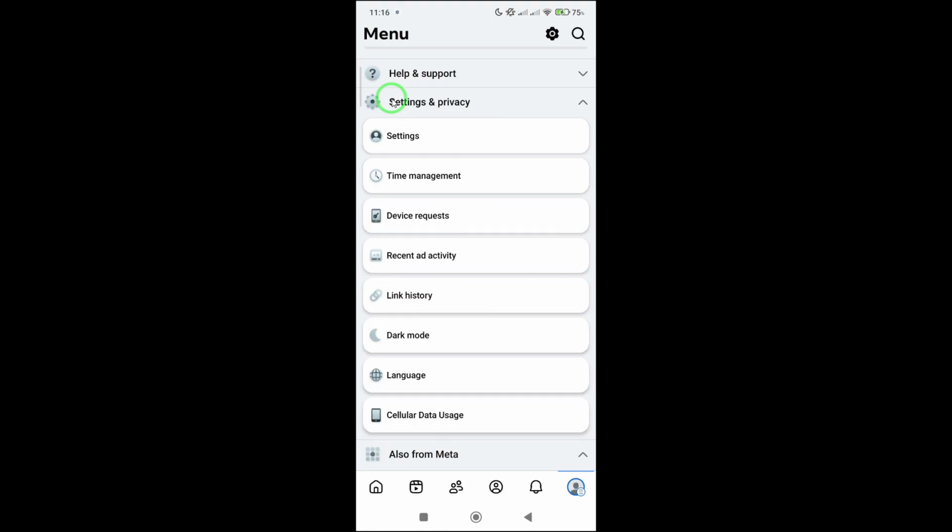And that's it. You've successfully changed your language on Facebook. Whether you're personalizing your experience or just experimenting with different settings, this easy process ensures you always feel right at